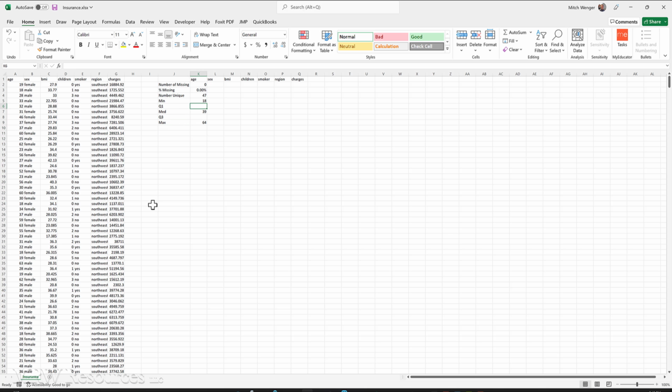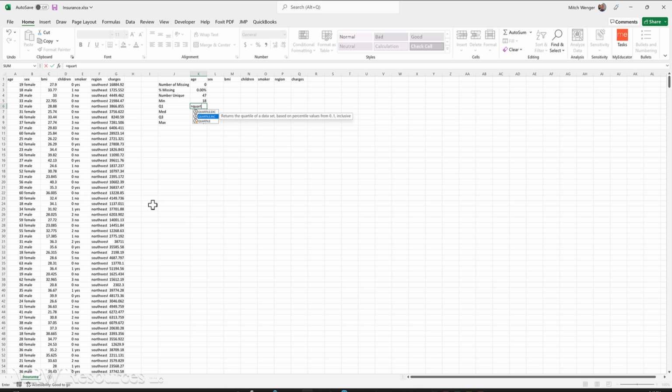Let's calculate quartile 1, and we'll do that by typing in equals quartile. And you'll see a couple options show up. I'm not going to focus on that third one that you see there because that little warning sign tells me that Excel is going to deprecate that function at some point in the future. So let's go ahead and not bother with that. Now, quartile